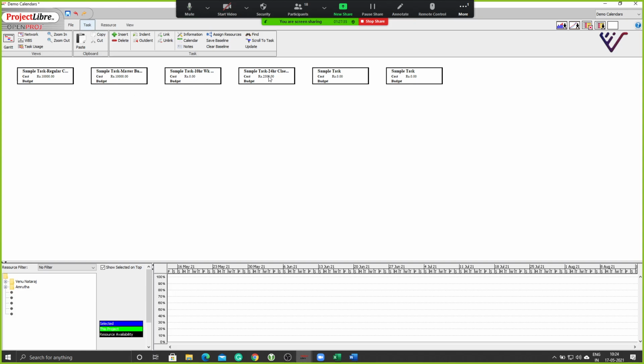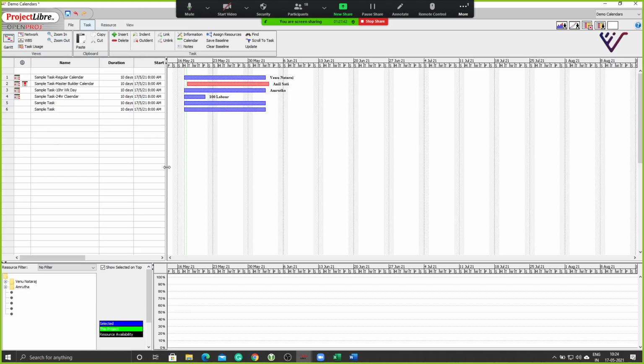Notice that? Yeah. So the more details you start putting in, it becomes that much more detailed and comprehensive in its reporting. You see this, it says the night shift is assigned, whereas Anil works in a regular calendar. So he's getting overworked. That is what it's telling me here. So I can readily look at that, and I can change resource allocation also.